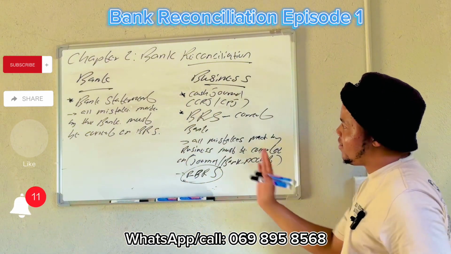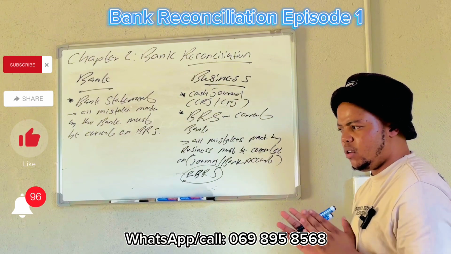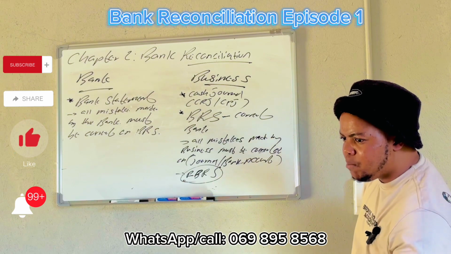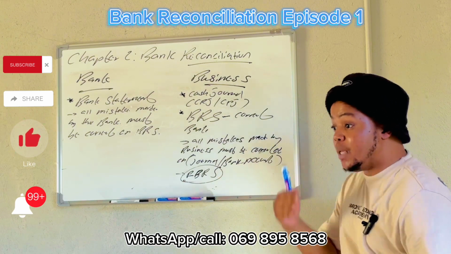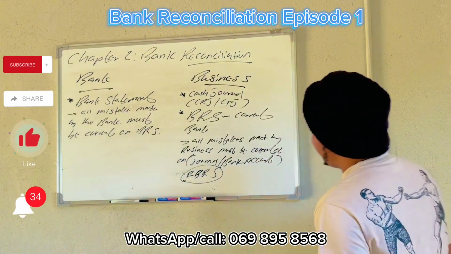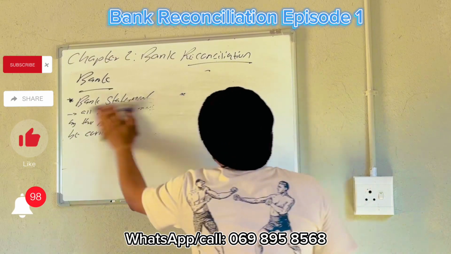So this is what you need to understand, and this is important. We read the transaction. You need to ask yourself, who made the mistake? Is it the bank, the business? Is the previous BRS wrong? If it's wrong, the business is wrong, right? So let's go to this example. I'm sure now we have a taste.